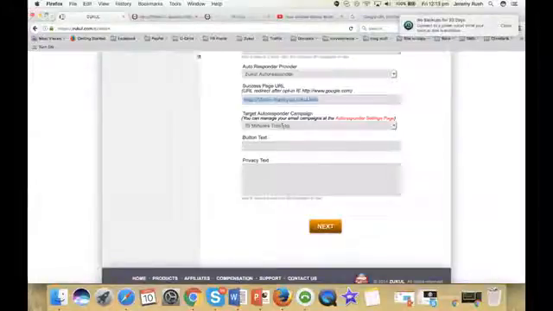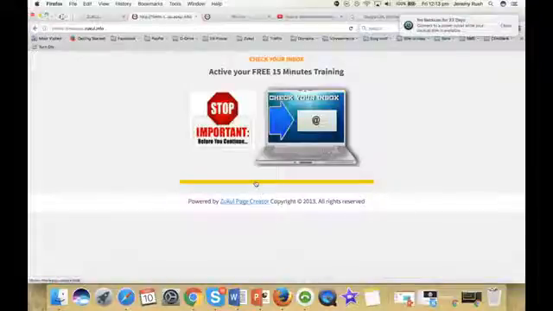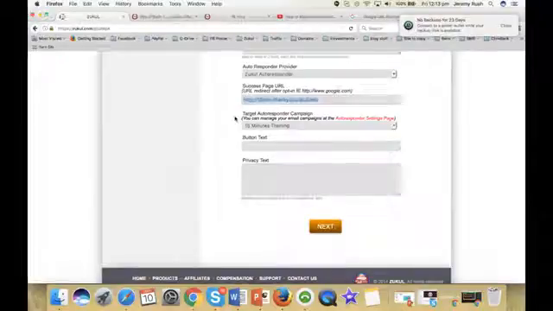I leave it empty because if I write anything in there, it's going to make this orange bar bigger and it's going to have some words on there that people are likely to click on. So I don't want them to click on it really. I want them to give me a proper email address from the landing page.